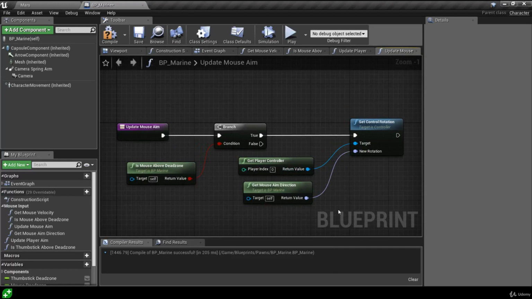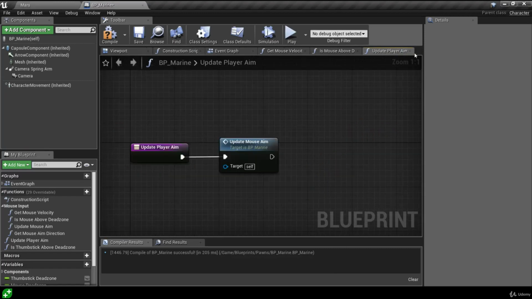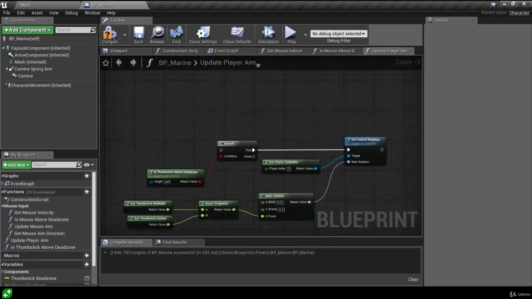Okay, great. So this is much easier to understand now. It's a lot easier to read. So we're finished here. We can close this tab to come back to the main update player aim function. So this just executes our update mouse aim, but remember we also have all of this code down here that